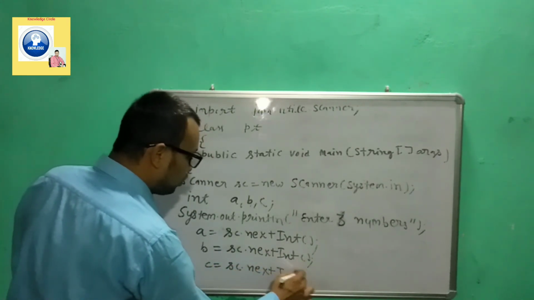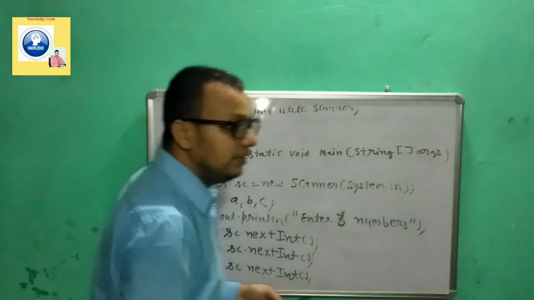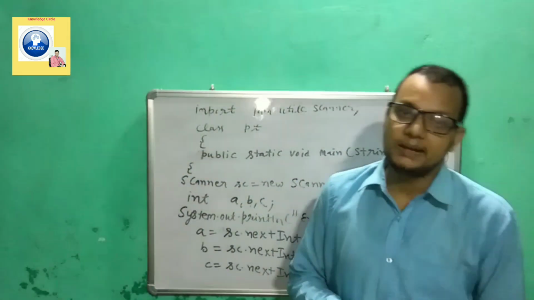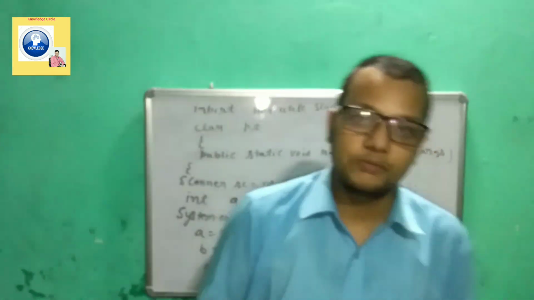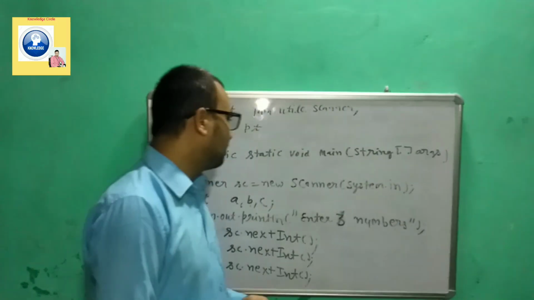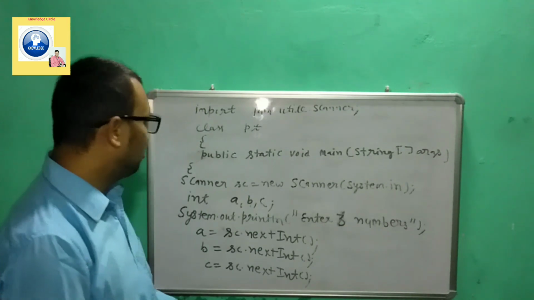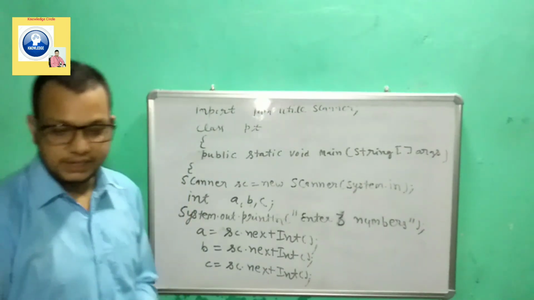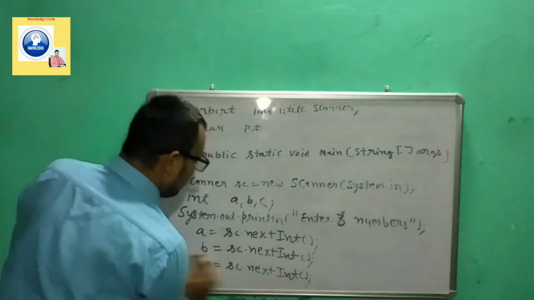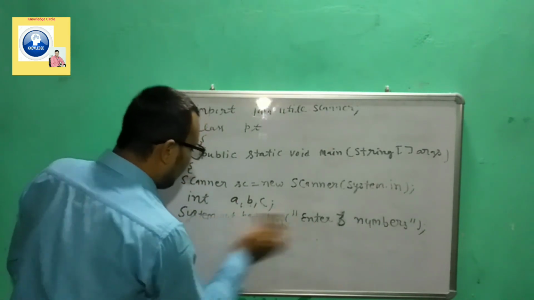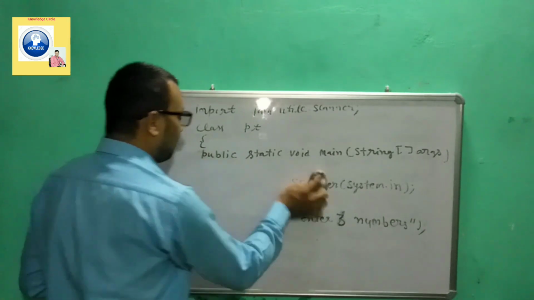Okay, it's time to check. Whenever we need to check something, whenever we have to compare something, we have to use a relational operator, and along with that we will use the if statement. So let's erase this portion and let's compare. Let's see whether they are in triplet form or not.